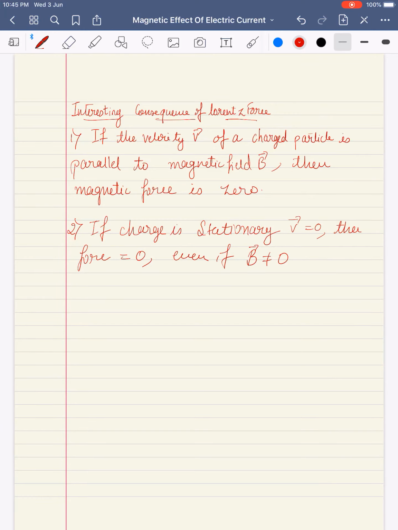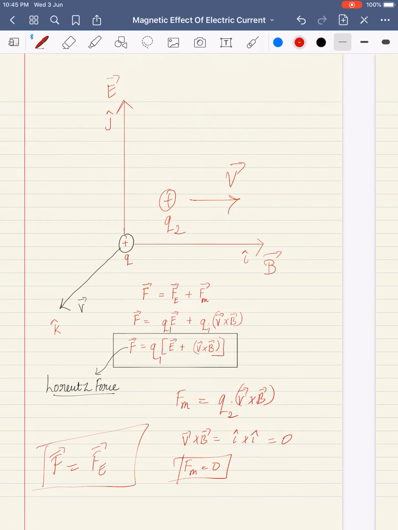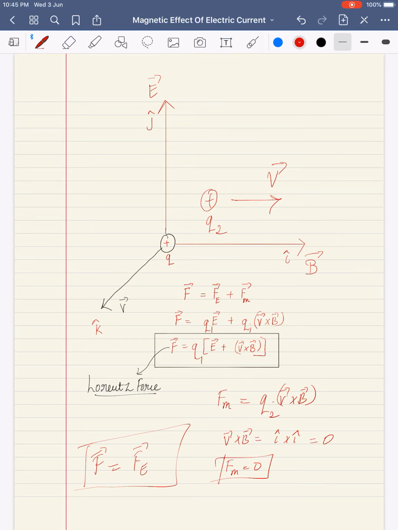So an application of this is in the cyclotron accelerator. What is the cyclotron accelerator used for? Basically it is used to increase the velocity at which the charge is moving, so that the ions, meaning a positive ion or a negative ion, gain speed, because if I want to exert a force on a very small particle, that particle must be a charged particle. Either it should be positively charged or negatively charged.